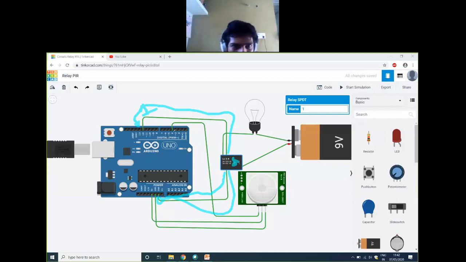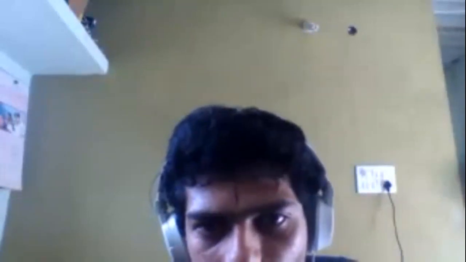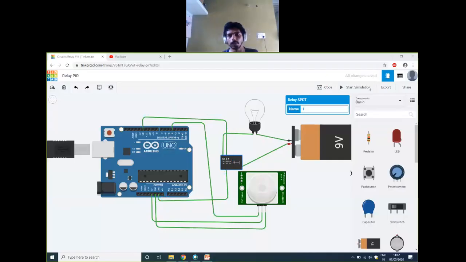And I have connected PIR's output to digital input 4. If you observe, digital input 4 is now connected to PIR. One pin is power for PIR, the other pin is ground for PIR. So finally, you have 5 connections for the relay, right? If I want to take you through the execution of this circuit, if you see the output and the code, you will directly understand what happens.